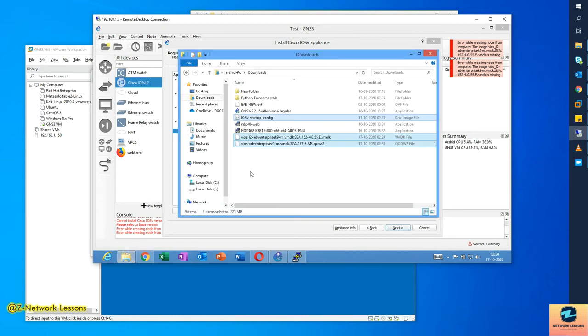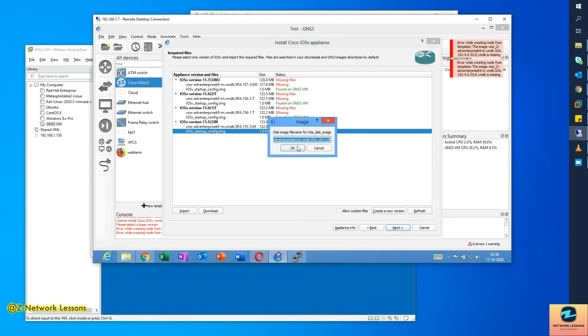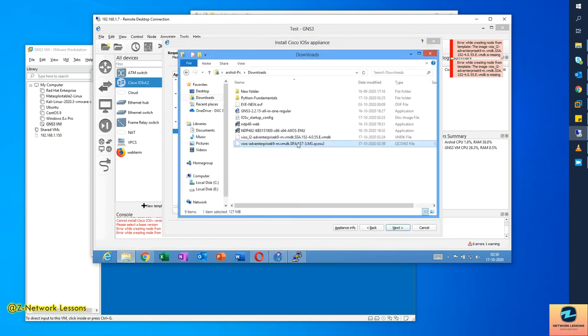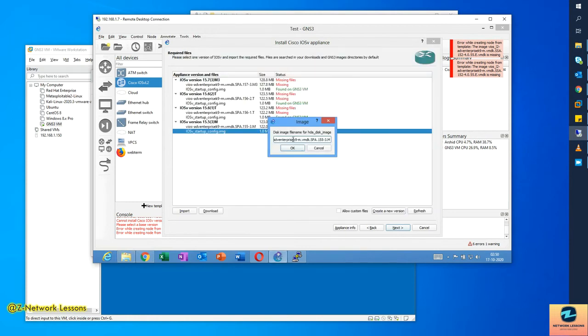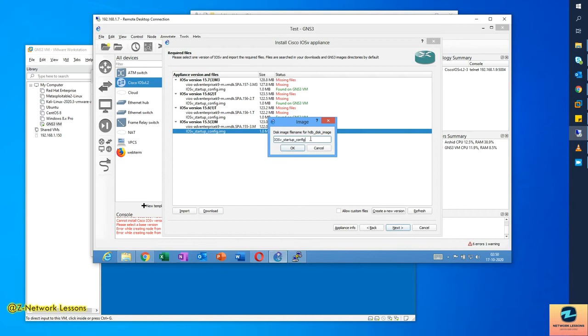So remember what you have here. You can see I have 15.7, so if you download the same, just name 15.7. Okay, and the file name should match this one. So I'll copy this, go here and paste it. Okay, and the startup is this one, IOSV startup config, the same that I have here. You can go and copy this, but add .img at the end. Okay, that's what it is here, and hit OK.